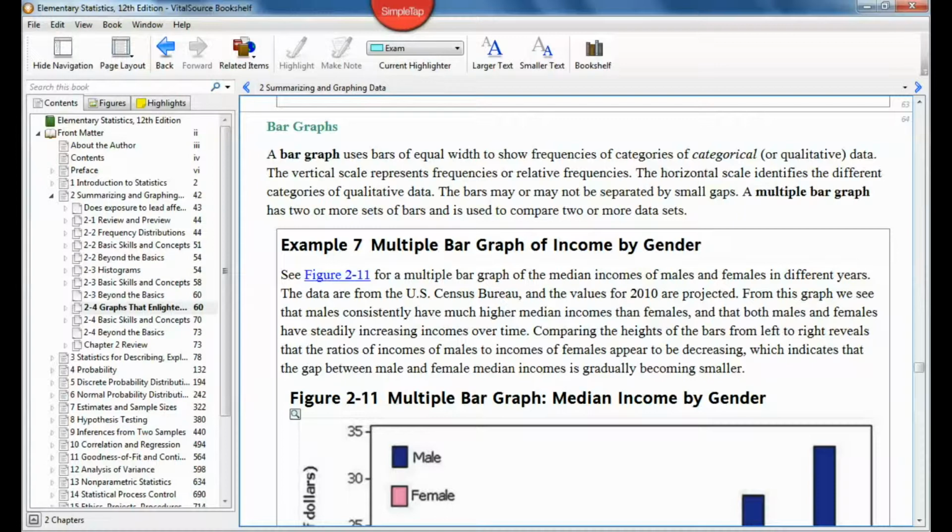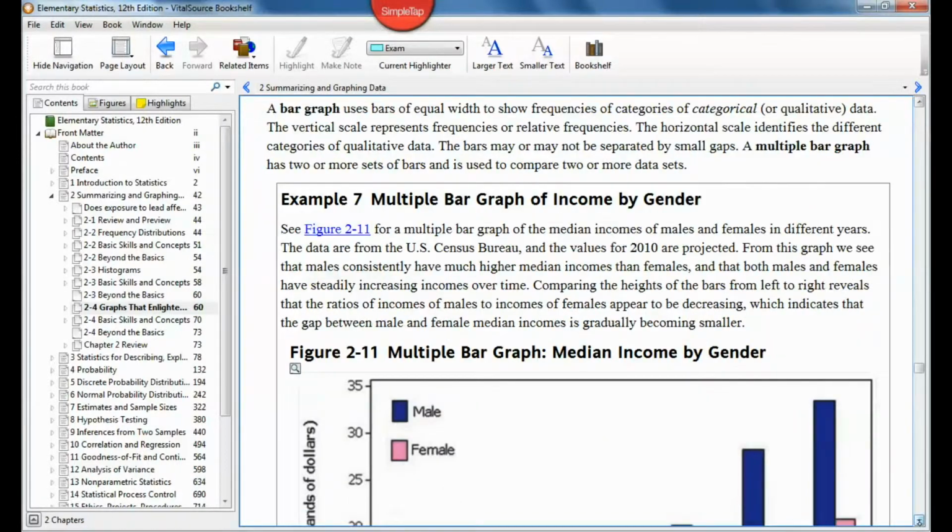All right, a bar graph. Everyone taking this course, at some time or another, you've seen a bar graph. You might need to write the definition down if you don't know what a bar graph is in general. A bar graph uses bars of equal width to show frequencies of categories, categorical or qualitative data. So, an example: